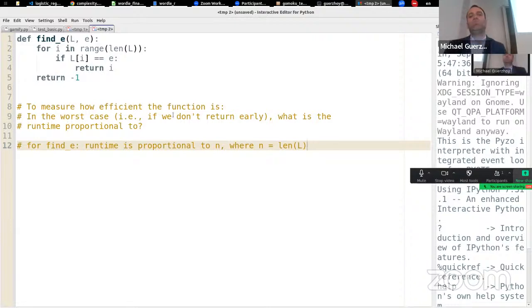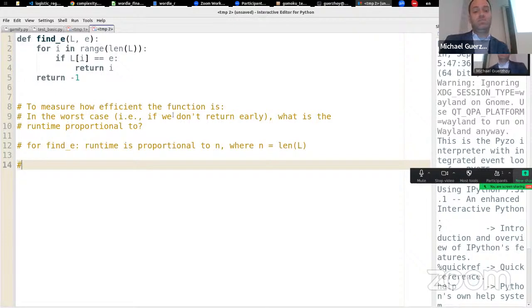Well, because really what we care about, in addition to just not being able to answer the question of how many seconds it is going to take, because it's going to take different amounts on different computers, is also the case that if the runtime is proportional to, for example, log n, then the fact that it's proportional to log n rather than n is much more important than what it is exactly, right? Because, like we said,